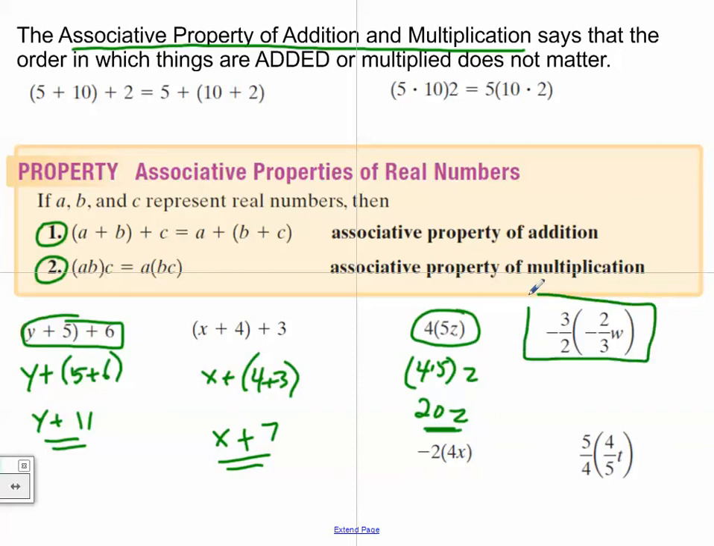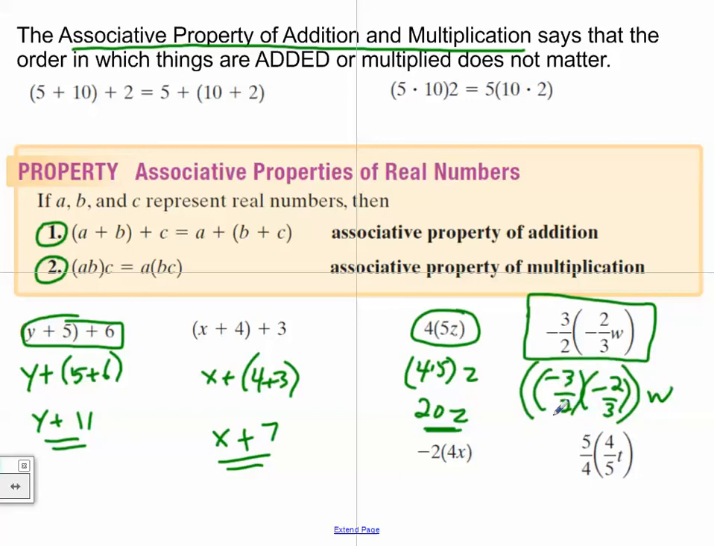Same thing holds true for this over here. If we've got negative 3 halves times negative 2/3 w, this will come in handy when we're dividing by or multiplying by an inverse to isolate a variable on one side of an equation, let's say. This would be negative 3 halves times negative 2/3. And if we associate these together and multiply by w, then we can multiply the negative 3 halves by negative